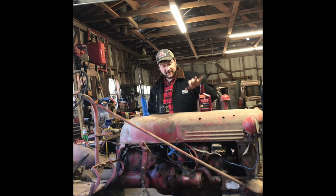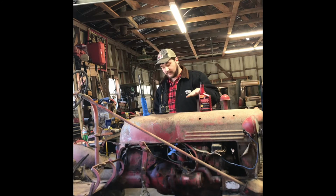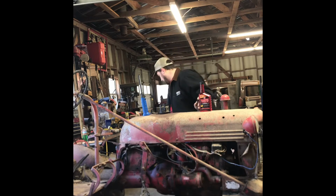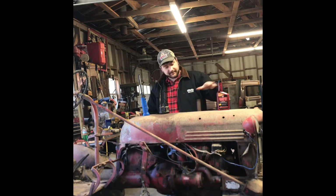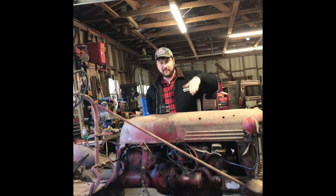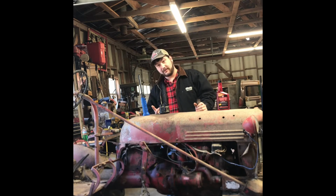But what we aren't getting is consistent compression. There are at least one or more exhaust valves stuck open, and if you would like to know how I know this, if you take a piece of paper, and I have one here, seems that it's blown away, and put it over the exhaust and turn this thing over, it goes blow, blow, suck, blow, blow, suck, which means one of the exhaust valves is sticking open. So the wind, piston draws back down,